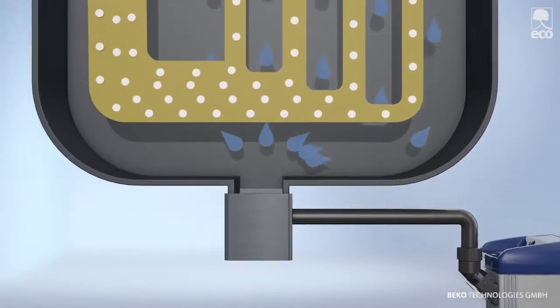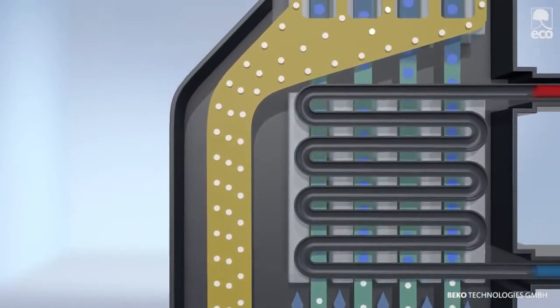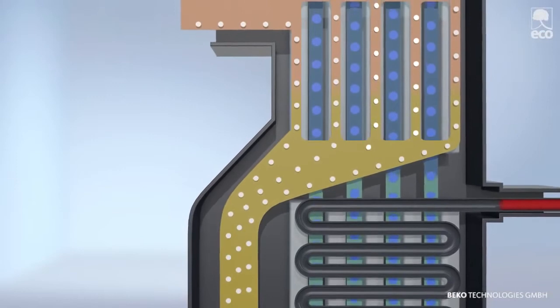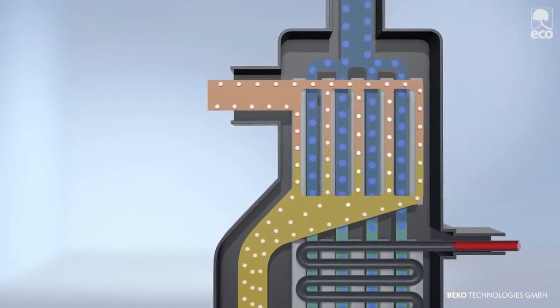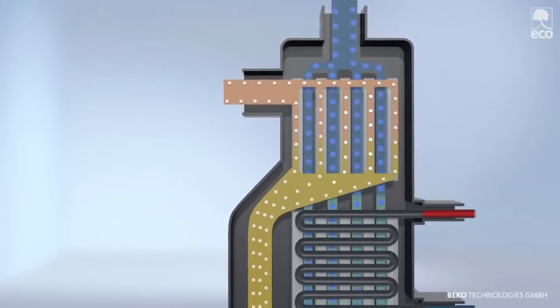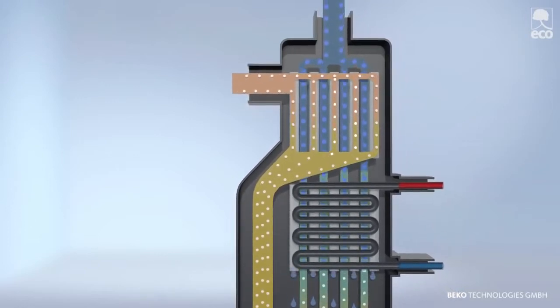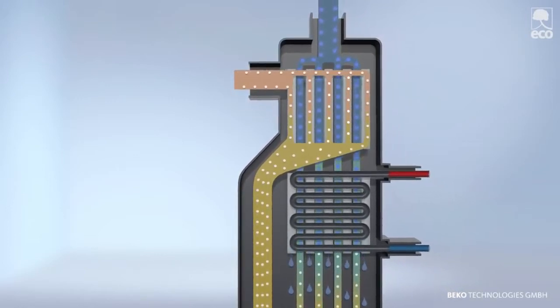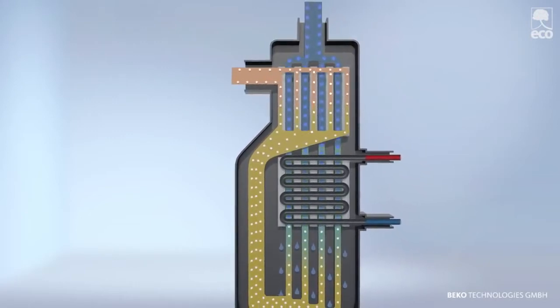The cool, dry compressed air next flows through the upper section, again past the entering air, cooling it as before in a countercurrent process, and is thereby reheated. This further reduces the relative humidity, making the air even drier. The countercurrent principle used within the air-to-air heat exchanger already increases the drying effect and the energy efficiency of the